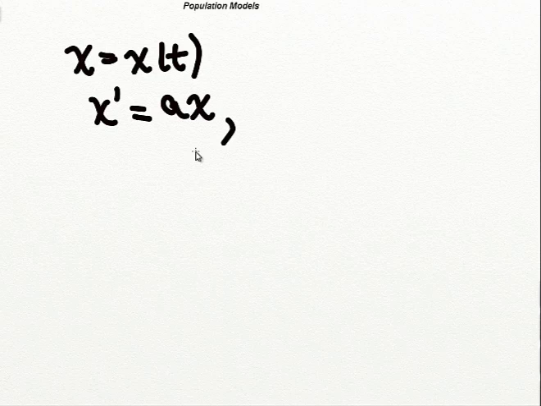is a constant, and the population is growing or decreasing according to whether a is positive or negative. So this is clearly a single first order ODE, autonomous, because there's no t on the right hand side. And the population that x represents, as I said, is either increasing or decreasing according to whether a is positive or negative. So if we restrict our attention to non-negative x's, after all, negative population really has no meaning, then the